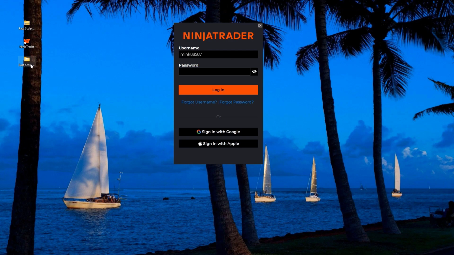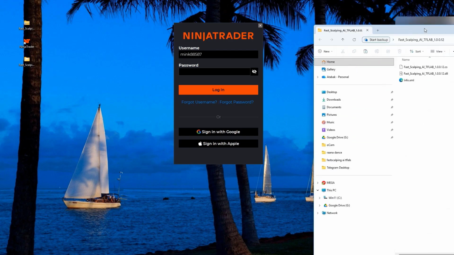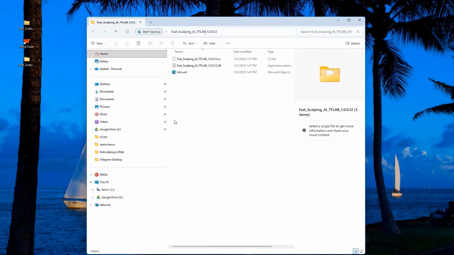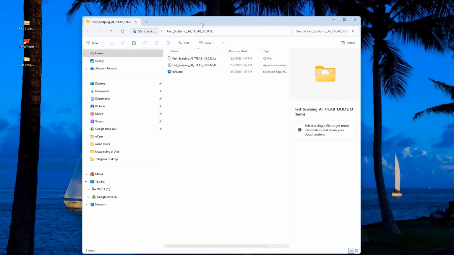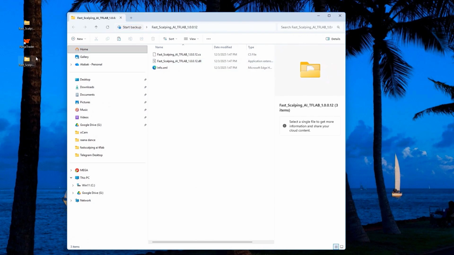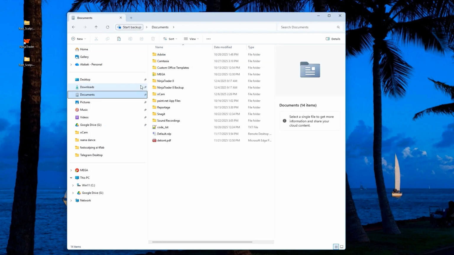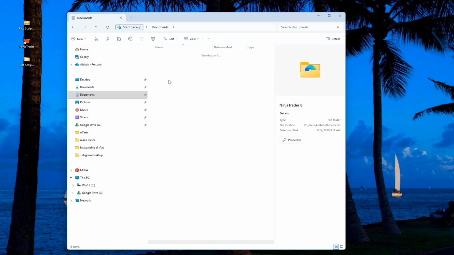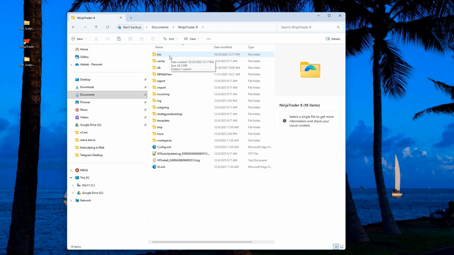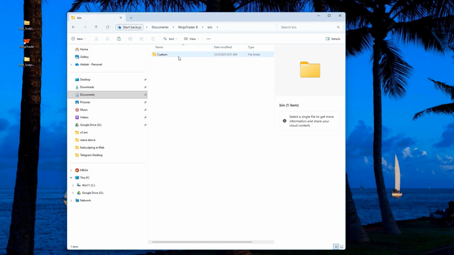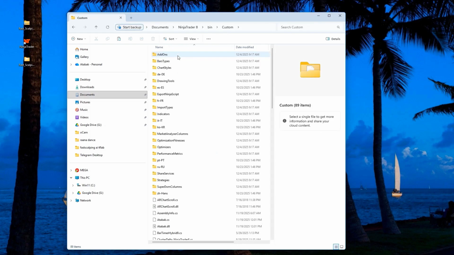Once you have extracted it, you will need to copy its related files into a designated folder within your NinjaTrader platform. These are the essential files contained within this zipped folder. You will find that there are exactly two distinct files inside. Your next step is to copy these two files and then select the NinjaTrader 8 Documents folder. Then you enter the bin folder, and after that, you go into the custom folder and paste those